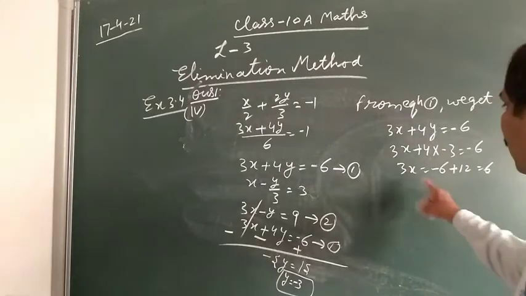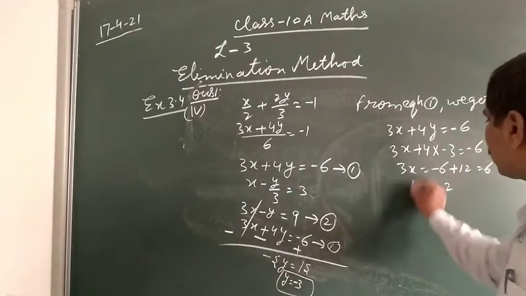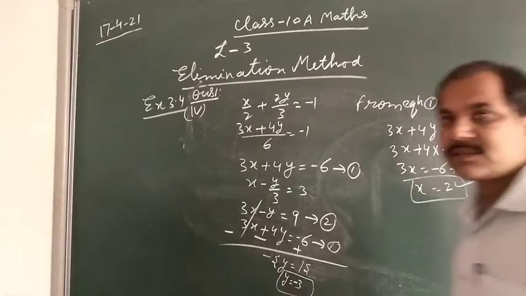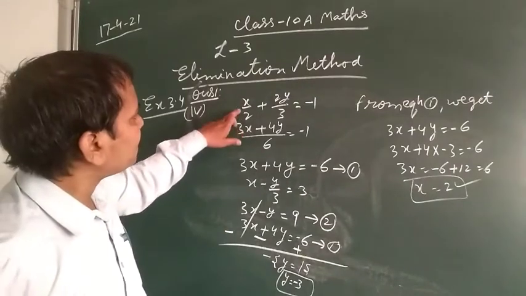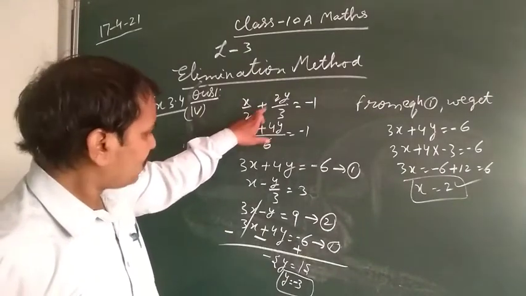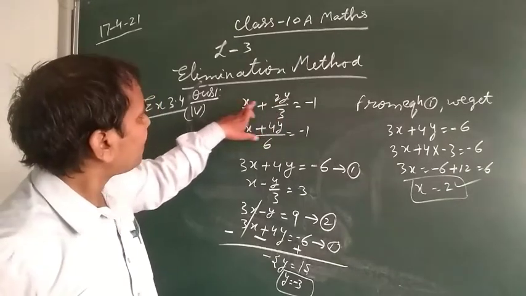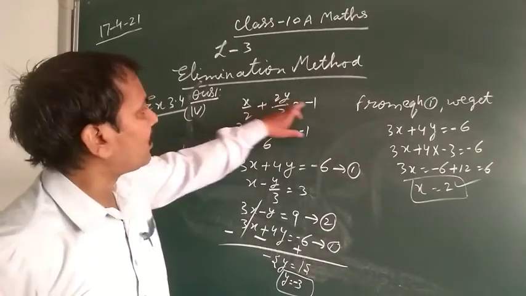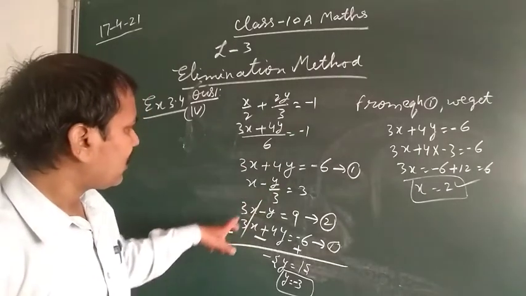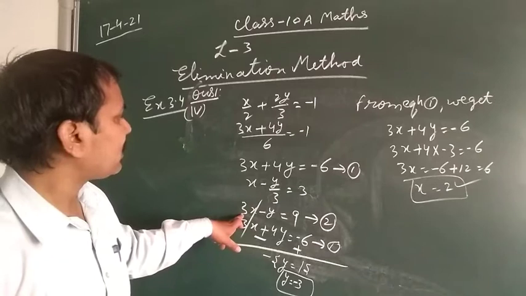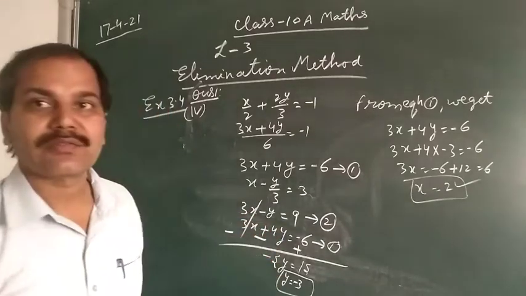Okay. So x is equal to 6 upon 3. Then simplify. So x by 2 means 2 by 2 means 1, plus 2 minus 3 upon 3 minus 1. So 1 minus 2 minus 1. Clear? Then the second equation here: 3 into 2 is 6, minus and minus plus. So 6 plus 3 is 9.